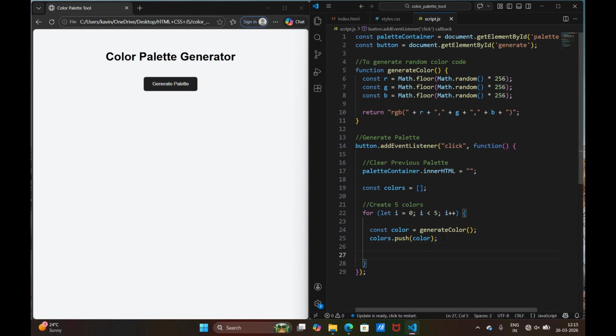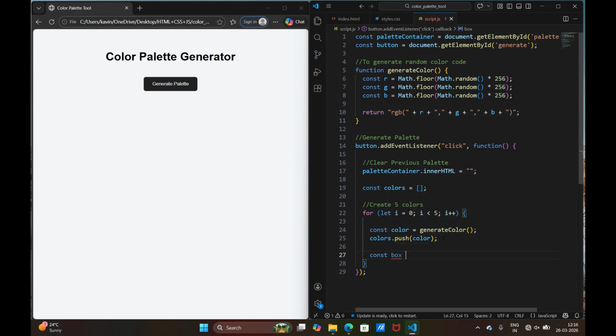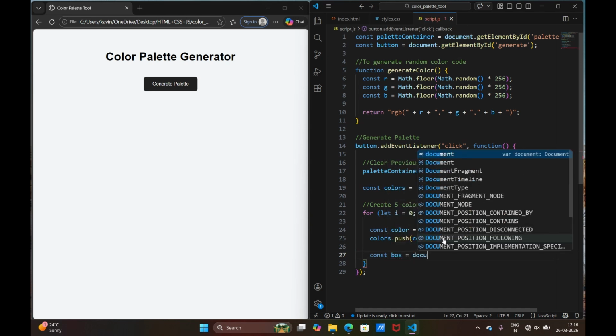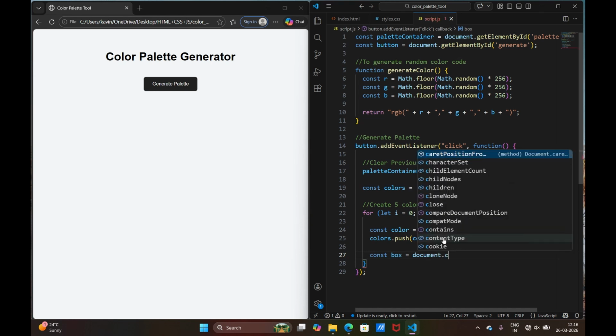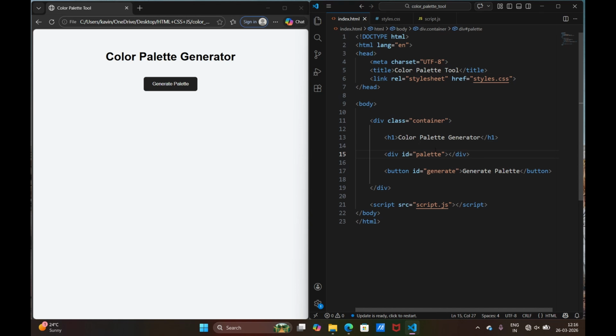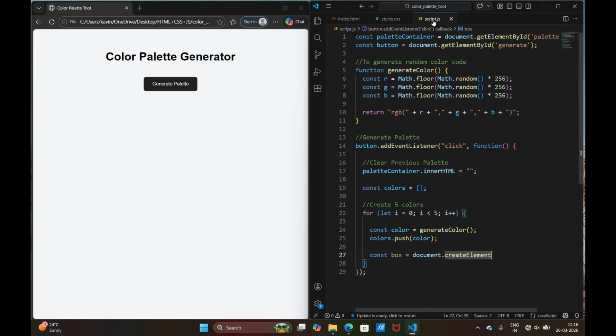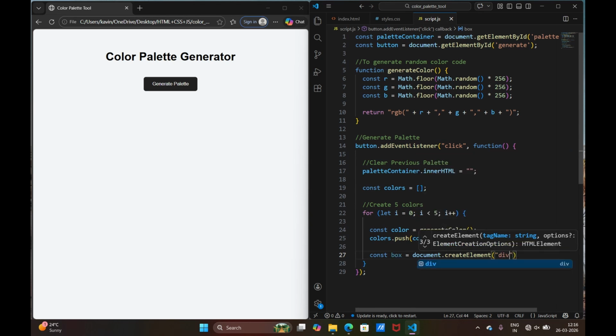So next, to put those colors in an order, we need a box like a container. So I am creating another variable, box, here, and I am doing document.createElement, because the element doesn't exist here. See, there is no element for the separate box here. So we are going to create a division element,